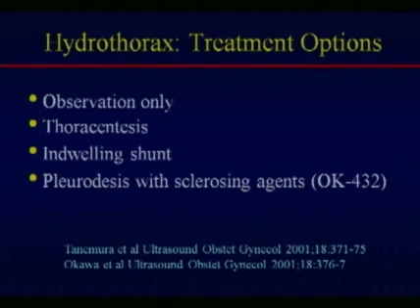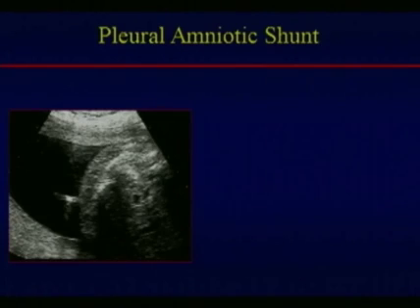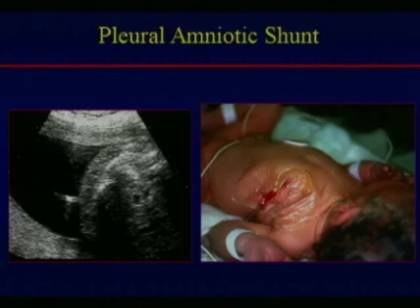It's common to perform a thoracentesis shortly before delivery to help the lungs expand and help the neonatologist right at the point of delivery. But because the fluid will reaccumulate very quickly, thoracentesis is a short-term option and is not a cure, certainly. You can put in indwelling shunts, and here's an example of one where a shunt was placed,